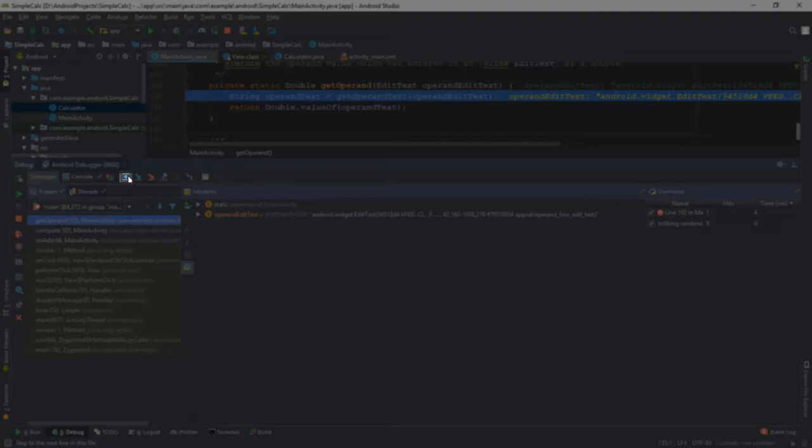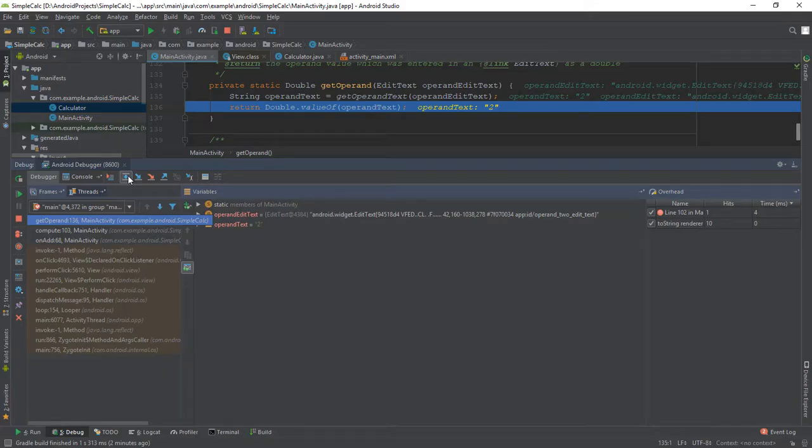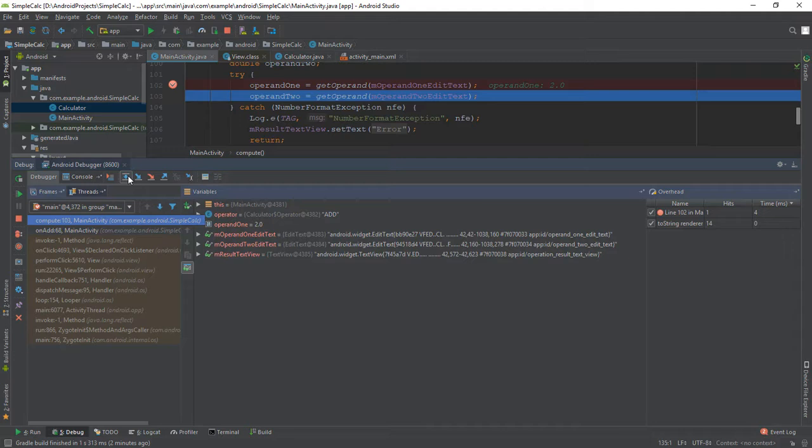Click Step Over to run each of these lines in get operand. Note that when the method completes, the debugger returns you to the point where you first stepped into the method, and all the panels update with the new information. Use Step Over until you get inside the case statements for add.